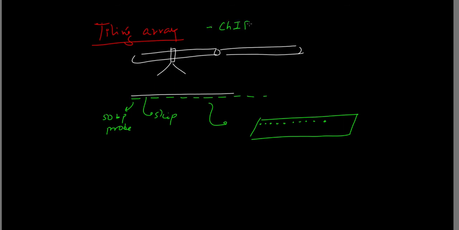Chromatin immunoprecipitation is a technique to identify, if you have DNA like this and there is a transcription factor binding, to which region in the genome it is binding. So there was a gene over here, and this is, let's say, the promoter region. So this is the TF. What you do is fragment the DNA using sonication, and then use antibodies against this factor to pull it down. This sequence will be pulled down with this protein, and then you sequence this in your NGS. So now we do this with NGS.